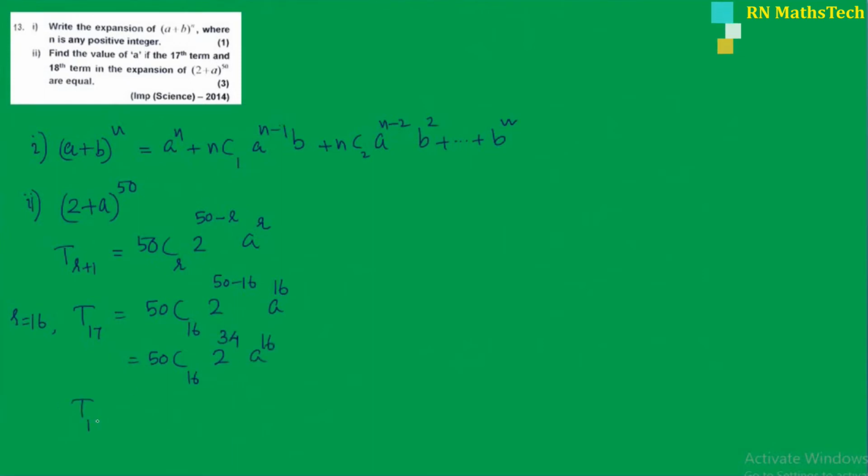Now t18 is equal to 50c17, 2 raised to 50 minus 17 and a raised to 17. That is 50c17 2 raised to 33 into a raised to 17. Now these two values are equal: the 17th term and 18th term are equal, that is t17 is equal to t18. So substituting the value of t17,